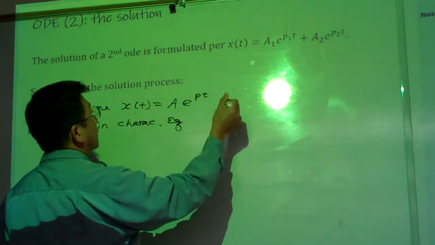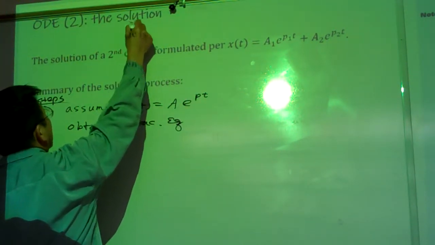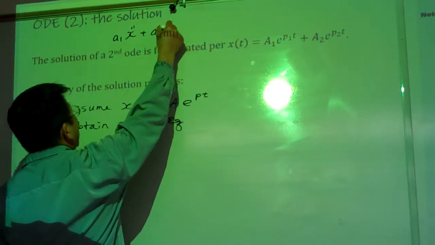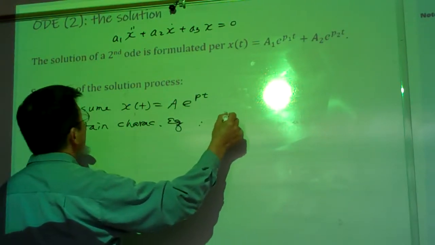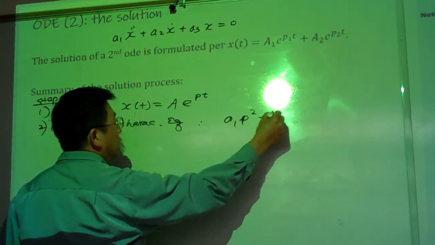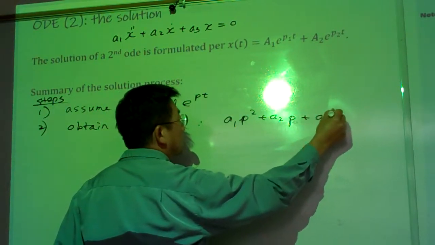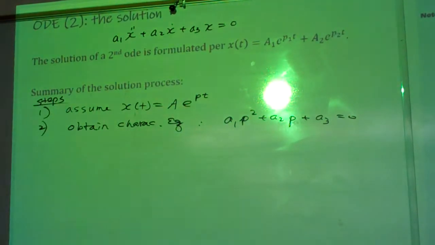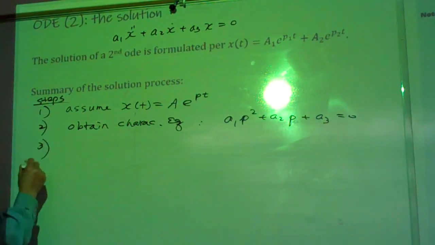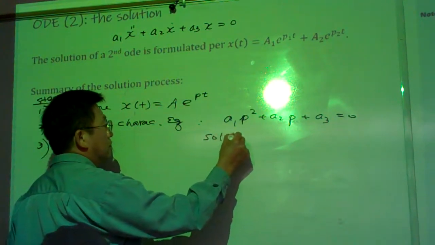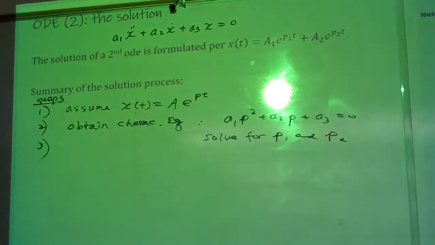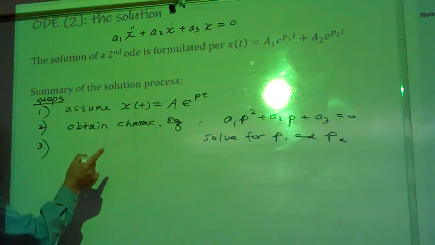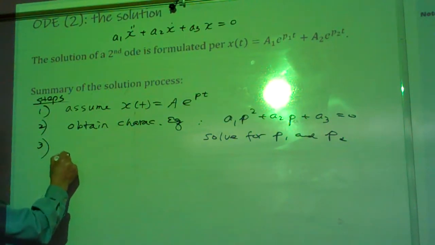equations. Okay, so the equation here is x double dot a1 plus a2 x dot plus a3 x equal to 0. So the characteristic equation, let me rewrite that one here: p squared plus a2 p plus a3 equal to 0. Okay, and then solve for p1 and p2. Later we will discuss p1 and p2 in detail. And in the last step, once you know the numbers for p1 and p2, then the solutions,